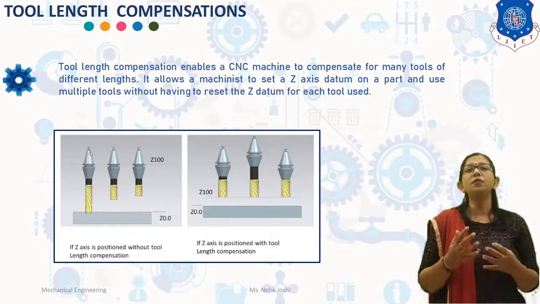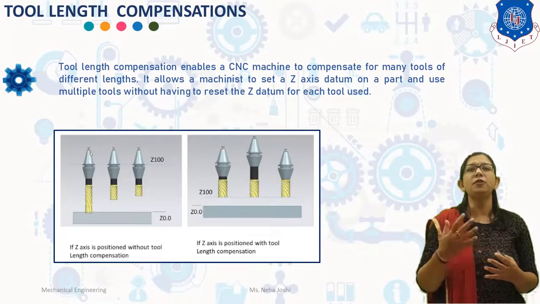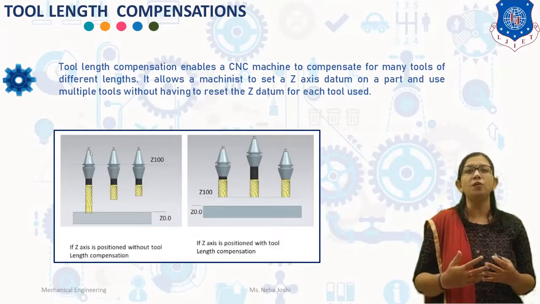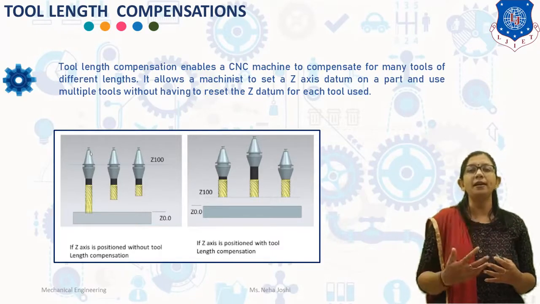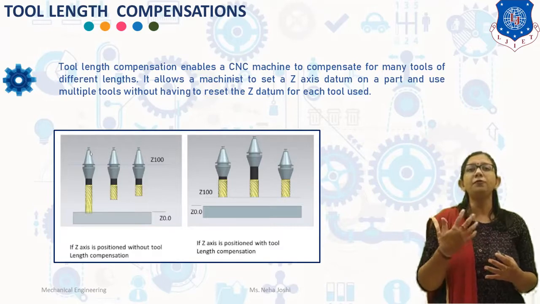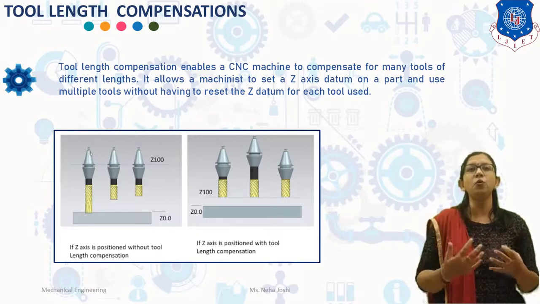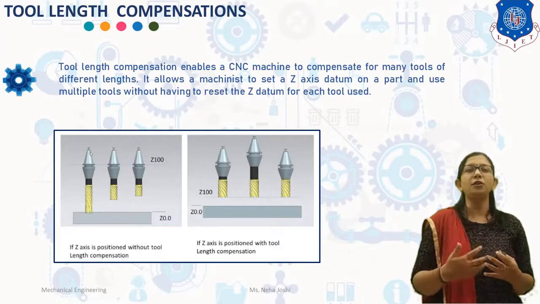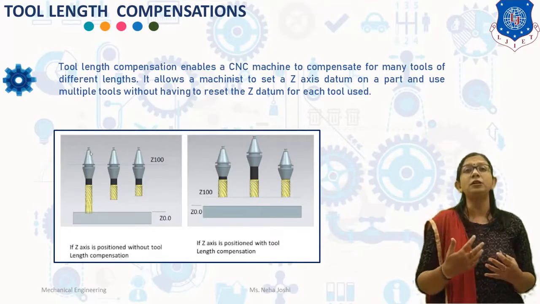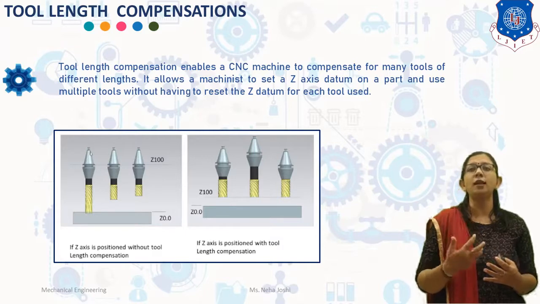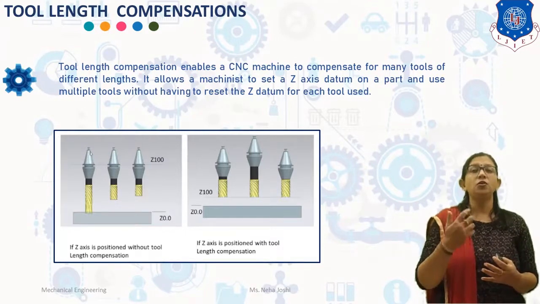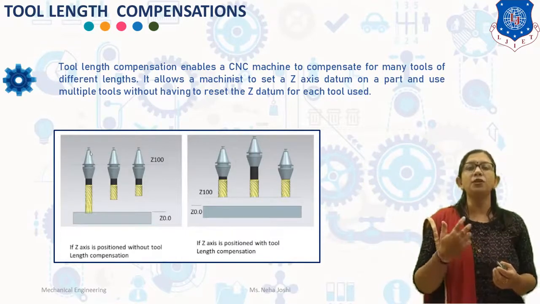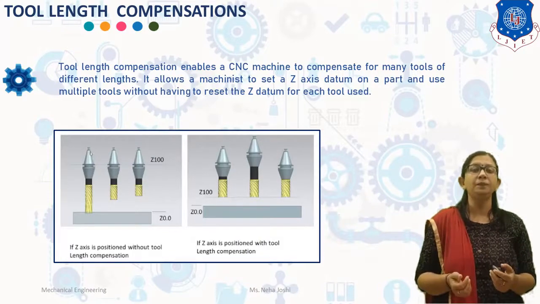The distance of a given tool tip from the surface of the workpiece is known as the tool length offset, which is designated by H. The tool length offset for different tools is estimated from the tool length stored in the tool register. The tool length offset function is generally G43, which is used to set the tool length offset on. So this is the tool length compensation which is used in CNC milling.